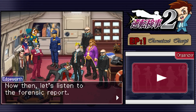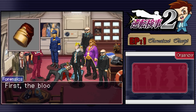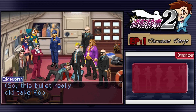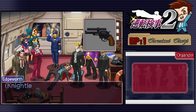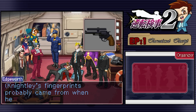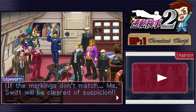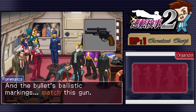Now then, let's listen to the forensics report. Reporting! First, the blood on this bullet matches the victim's blood. So, this bullet really did take Rook's life. Also, Horace Knightley's fingerprints were found on this gun. Knightley's fingerprints probably came from when he took all our evidence. The real issue is the ballistic markings. If the markings don't match, Miss Swift will be cleared of suspicion. And the bullet's ballistic markings...